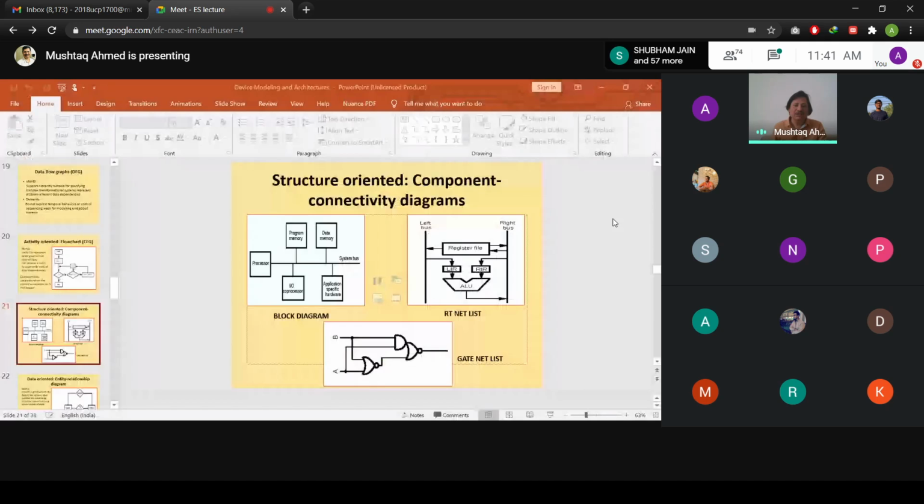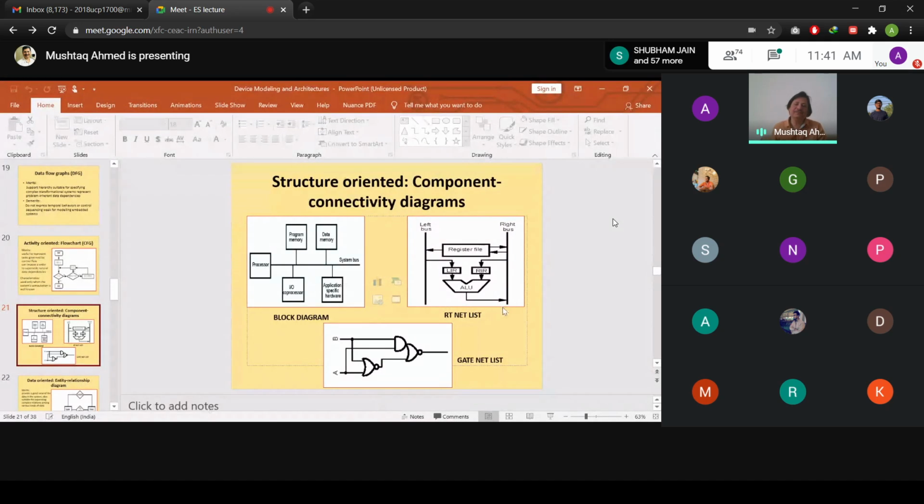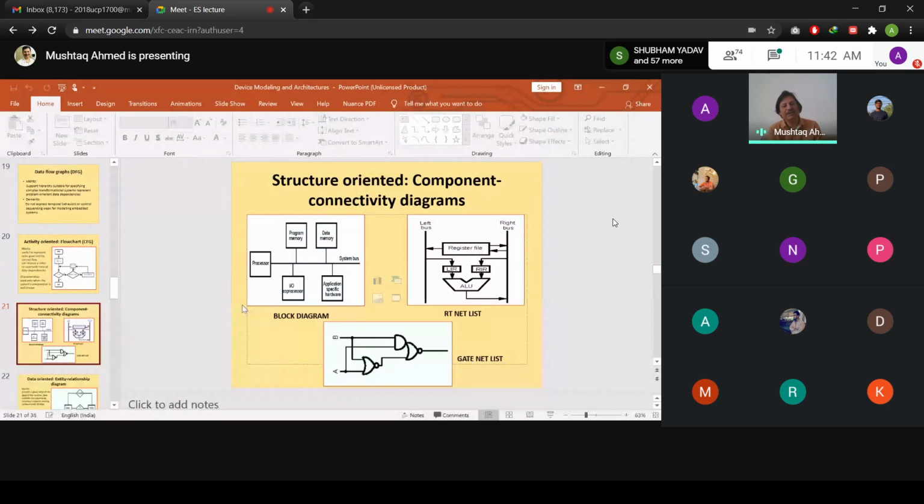Okay, as you can see, these block diagrams can be represented using the behavioral description of the system, where the netlist, or the RTL type of description, will depict what type of operations need to be performed, and the physical implementations if required. So in that case, we will have to go through which type of gate we want to use. Here in this case, this is a NOR gate type of diagram.